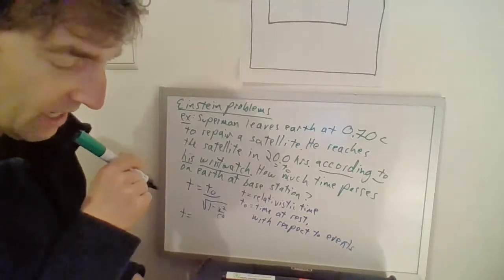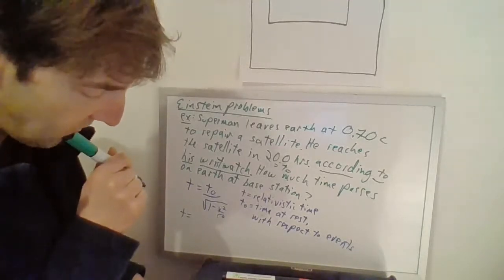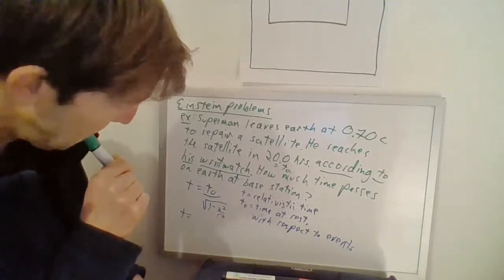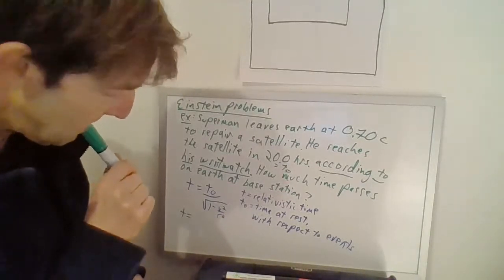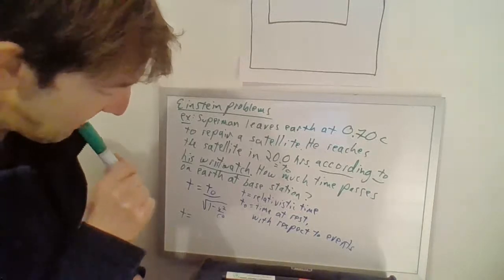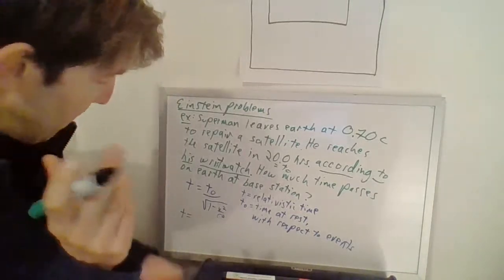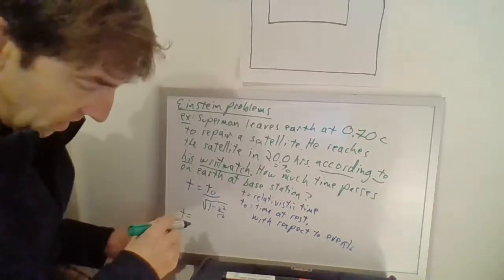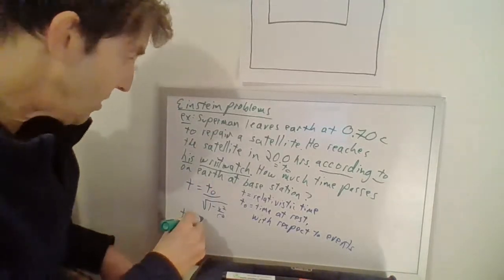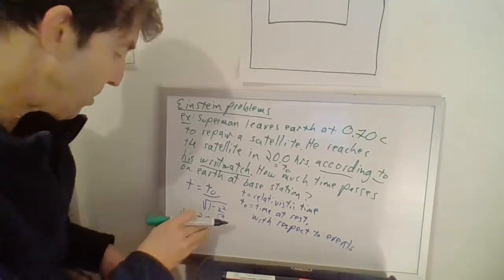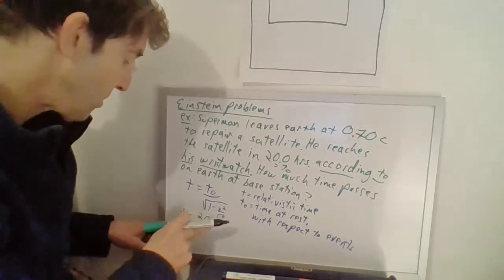I want to make sure I get the answer the book does with this. Hope I don't screw it up. This doesn't look right. Oh no, it is right. It is right. Because we got to do this, right? So it's T0, so 20 hours, or 20.0 hours for rounding.